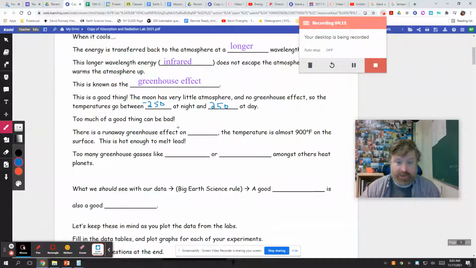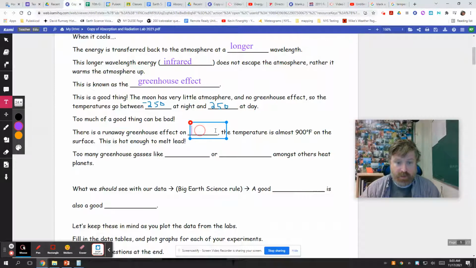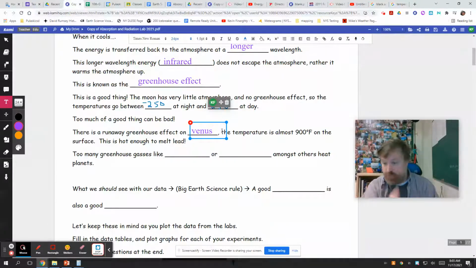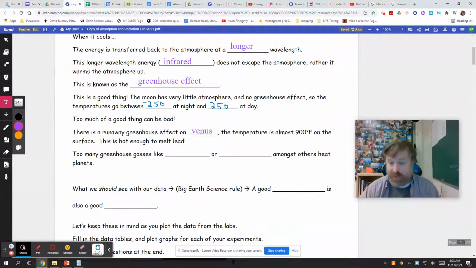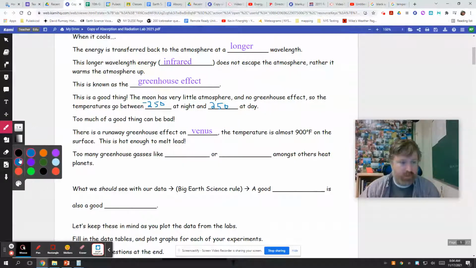There's a runaway greenhouse effect on Venus, the planet Venus. That's the hottest planet. It's not the closest to the sun. Mercury first, then Venus. But an outrageous amount of greenhouse gases in their atmosphere. The temperature is almost 900 degrees on the surface, hot enough to melt lead. You can look it up if you want to. They've tried sending a couple of probes there to check out the surface, and it's very difficult to keep computers operating in those extreme conditions. So too many greenhouse gases,